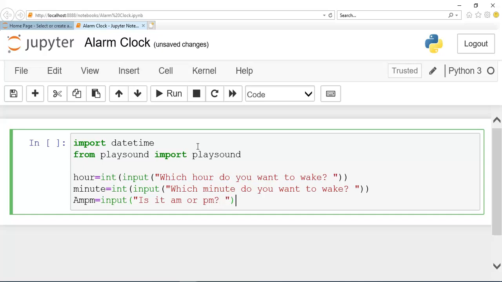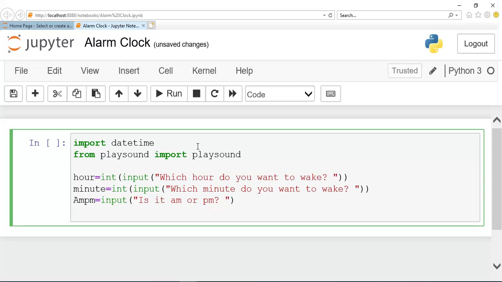Okay guys, and guys, Python understands AM and PM in lowercase. If user gave AM or PM in capital letters, then it will show error. So what we are going to do, we will create one more variable and store its lower value. So for that I am creating am_pm. This time it is in lowercase, and we will store its lowercase value in this. So it is like this. Okay guys, I hope you have understood this.